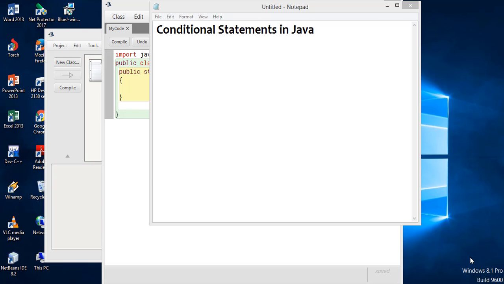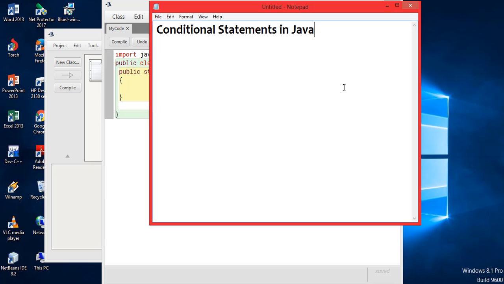Hello everyone, in today's code we'll be looking at something called conditional statements in Java. What do you mean by conditional statement? A conditional statement is a statement that helps you choose to do or not to do something using a certain criteria. So I want to be able to decide or choose between more than one alternative, which can be done using conditional statements. There are two types of conditional statements.